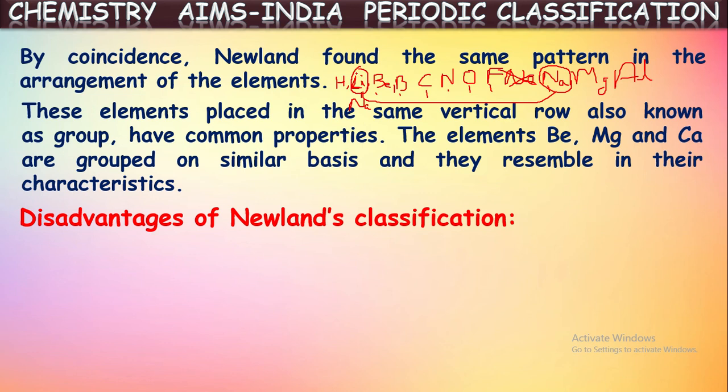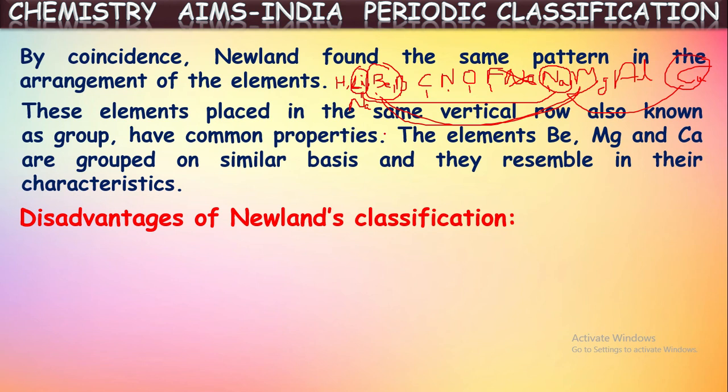Okay, if you consider beryllium, the consecutive eighth element will be magnesium. These two elements have similar properties. And from magnesium, if we count, the consecutive eighth element will be calcium. So in that way, these three, beryllium, magnesium, and calcium, have similar chemical properties. So he kept these three elements as one group. Okay. So in this way, he classified elements into octaves.